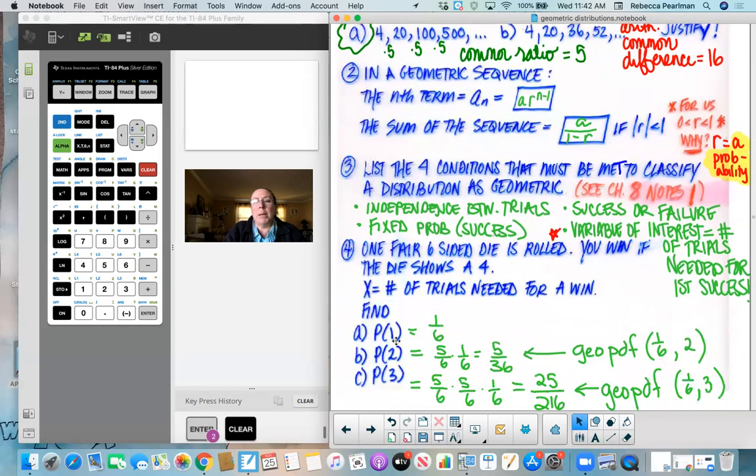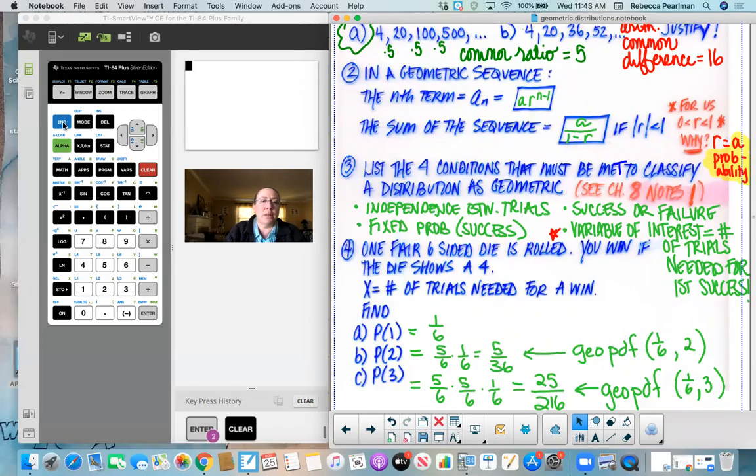So P of 1, that reads probability that the first success occurs on the first trial. We're looking at a 4 on a fair, regular, six-sided die. So one side out of 6 is favorable, 1/6. Now, this guy right here, B, is saying, what's the probability of lose on first roll and win on second? So it's 5/6. There's our lose on first, times, because we have independence, 1/6. There's our win,